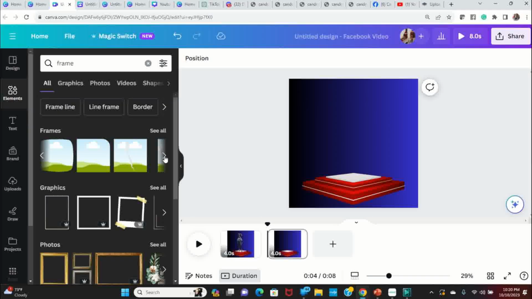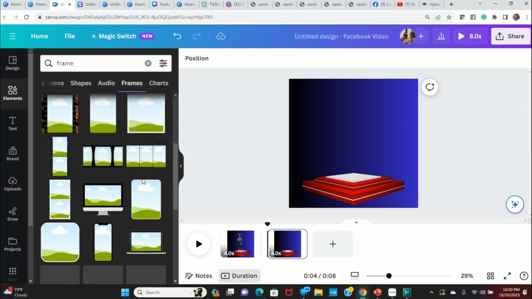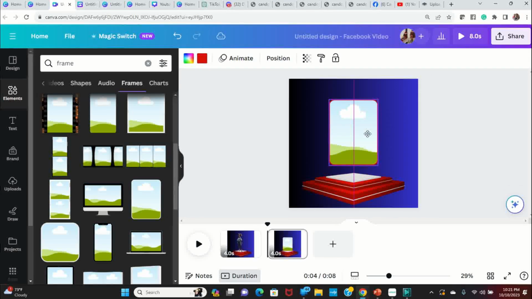But they do have frames out here, guys, that you can use. And these frames just basically make it easy for you to add your images to it. However, most of these frames have an outside line around them. So even if I were to take a frame and put it on here, like I want my digital image